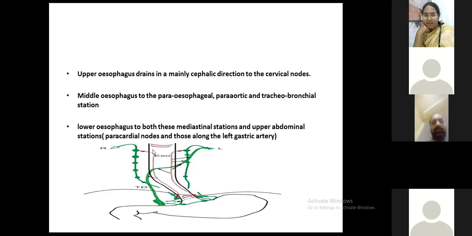No, the present technology does not allow us to see that, but you can see the thoracic duct. Thoracic duct is usually not the one which drains the esophagus. It's all the paraesophageal nodes, and then they go along the chain to the respective lymph nodes directly. Usually they don't drain to the thoracic duct. You can definitely see the thoracic duct, but usually it is not to be seen unless you are planning for an en bloc excision. In case of contiguous involvement, you usually don't want to see that along its course along the esophagus or at the crossing at the level of T4 or beyond. Other than that, no other lymphatics will be visible with the present technology. Okay, thank you, sir.